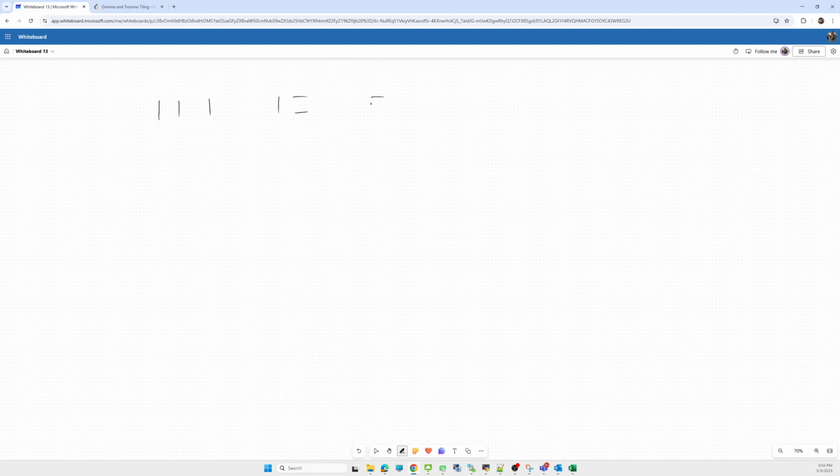Using trominoes we can form one combination like this, or the second combination is also possible like this. So these are all the combinations.